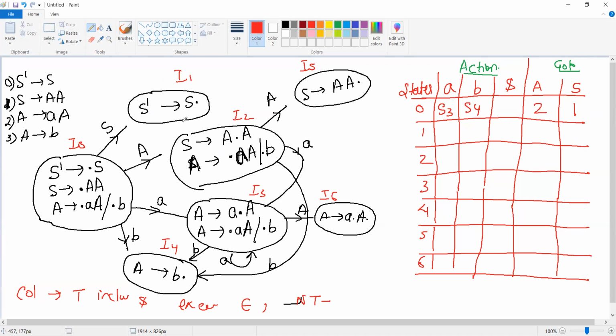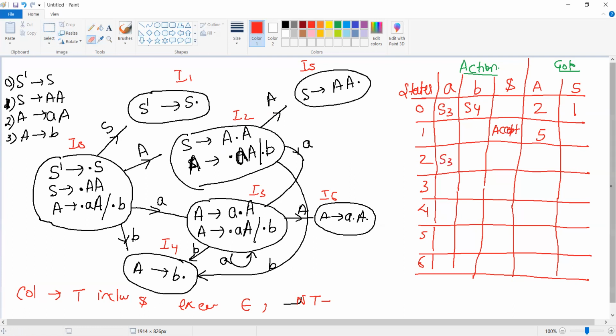Now you have reached to the first state. On the first state, it is a reduction operation and it is the augmented operation. So we'll see that your grammar is accepted. So we'll write accept over here. Now on I2 state, on seeing capital A, you reach to 5. On seeing a small a, shift S3.